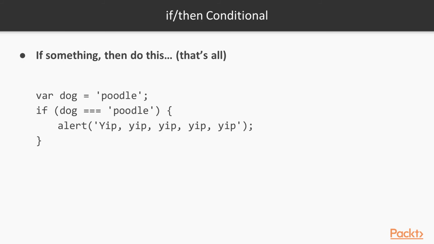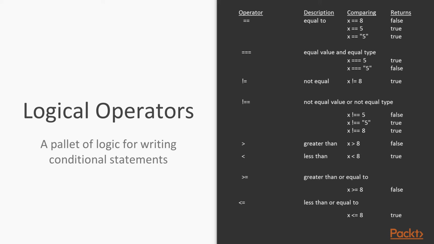Not all logic requires the else statement and can be written like this. Here we're only checking for poodles and displaying the alert only if poodles are found. Pretty straightforward. In both of these examples, we're testing for equality of a string literal to another string literal. Equality is a logical operator in JavaScript. There are many others we can implement to make conditionals more robust and case relevant. Here is a list of the operators that can be used in if-then-else conditional logic. So, when number values need to be compared, or not equal is necessary for strings, or whatever,